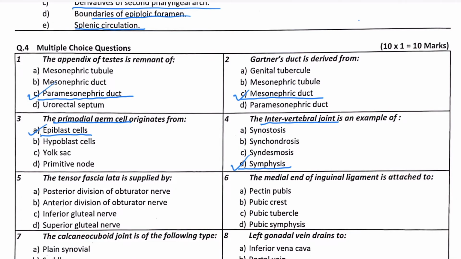Now that means the intervertebral joint between the bodies of vertebrae has a fibrocartilaginous disc in between, and the articulating surfaces of these vertebral bodies are lined by hyaline cartilage. So that's the structure of a secondary cartilaginous joint, and secondary cartilaginous joints are also called symphysis. These are unpaired joints present in the median plane of the body, that includes the manubriosternal joint as well and the pubic